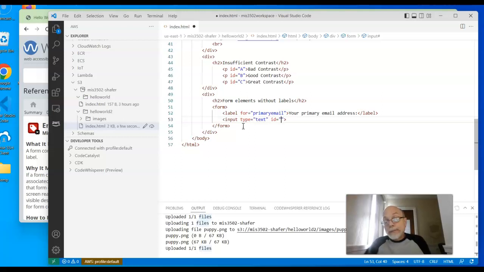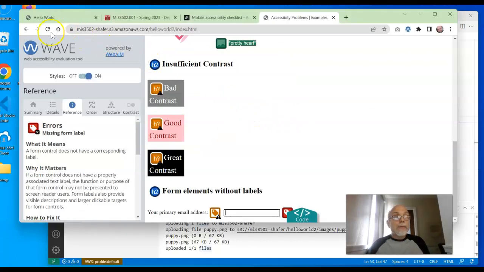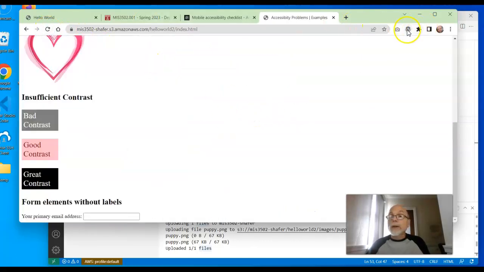And then I would have to use the ID of primary email, right? This and this have to match, right? So if I decided to call it primary underscore email, that would still have an error on my hands, right? But if I make them match and I hit save and I refresh my page and I evaluate,